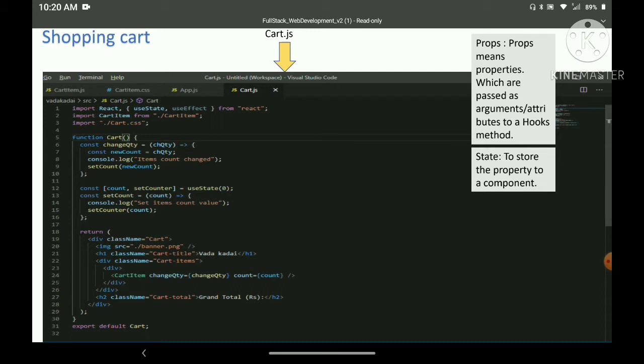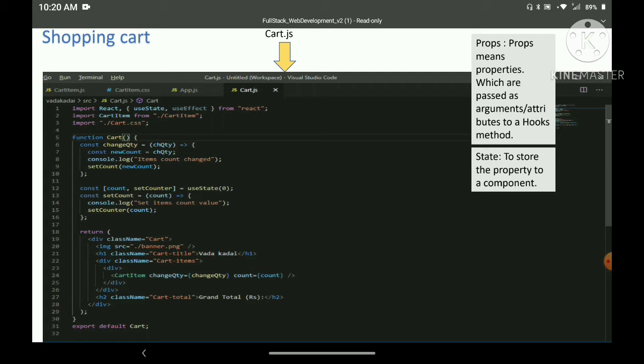Use state is one of the inbuilt methods of React.js. It is used to set the default value, or set the value into a particular property. Here the constant contains count as one variable and set counter as a method, equal to use state of 0. It means it will assign the value of 0 to the count variable.